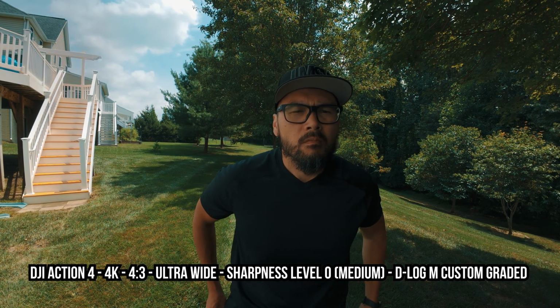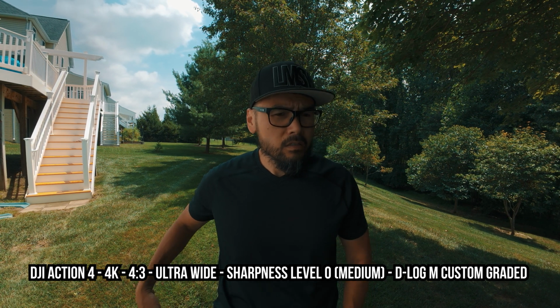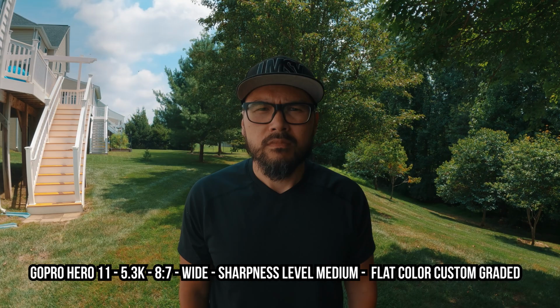So first things first, image quality. In my testing and comparing the DJI Action 4 versus the GoPro Hero 11, I found that the DJI Action 4, even though it's only 4K and the GoPro Hero 11 is 5.3K, had slightly better image quality. I think for the most part, either of these cameras will suffice for you average people